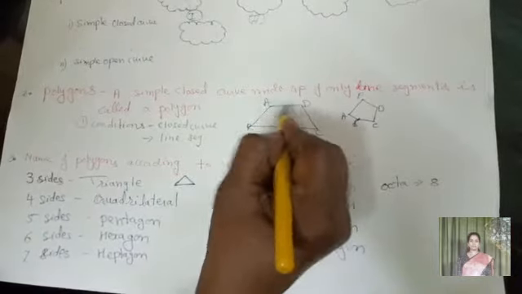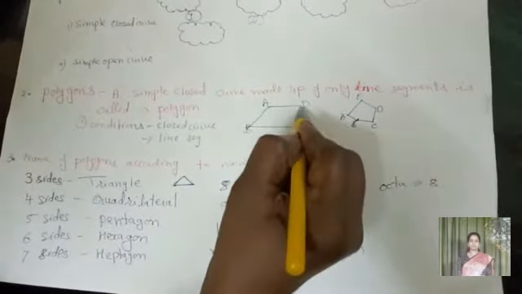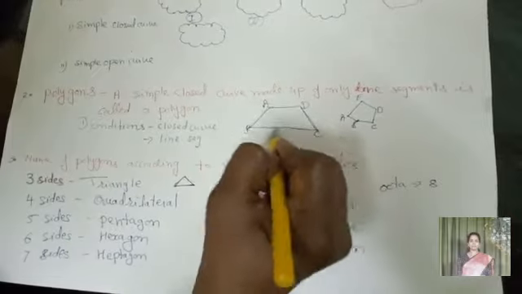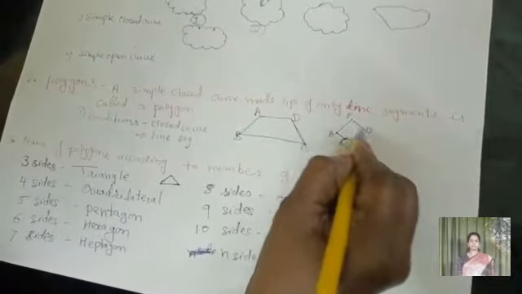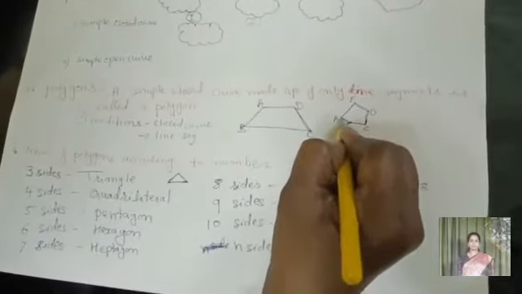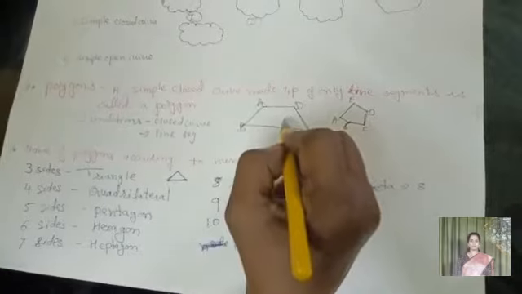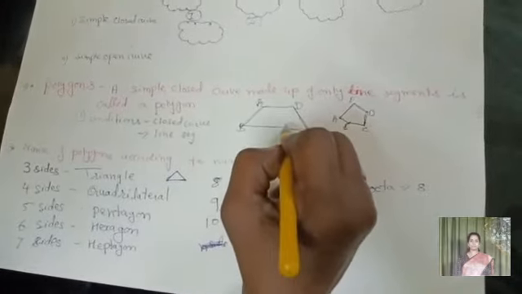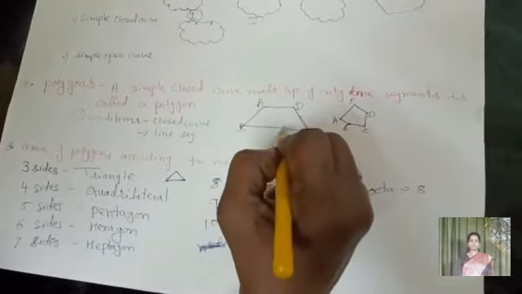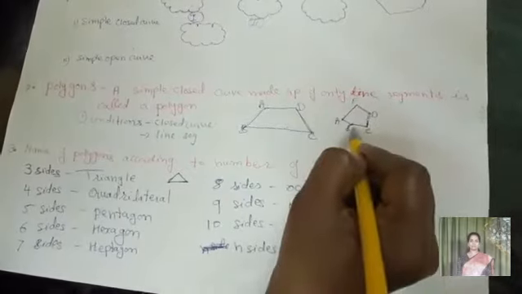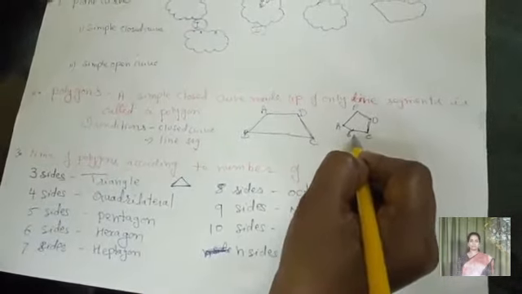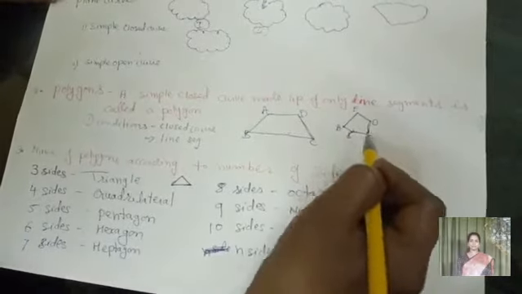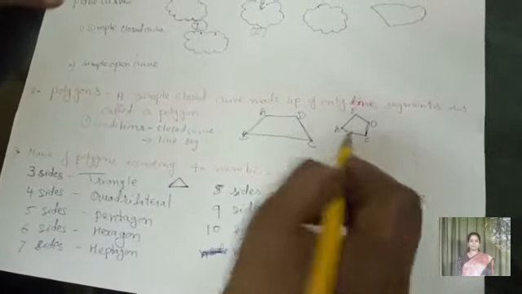In the first figure, all of you can see that I have drawn a closed curve with 4 segments. And in the second figure, I have drawn a closed curve with 5 segments. So, one is a 4-sided quadrilateral, it is a polygon, and here it is a 5-sided polygon, we call it a pentagon. So, according to the sides, we can name them.